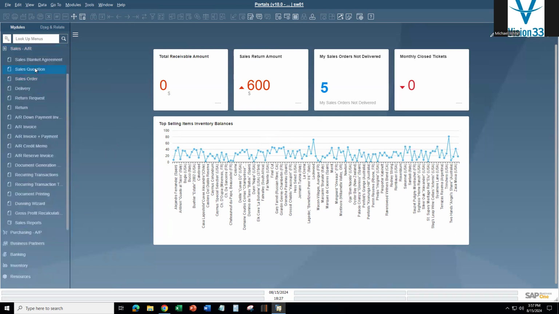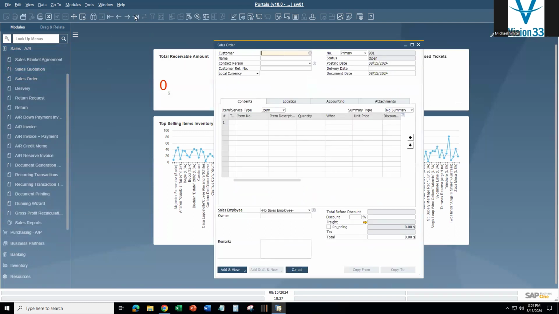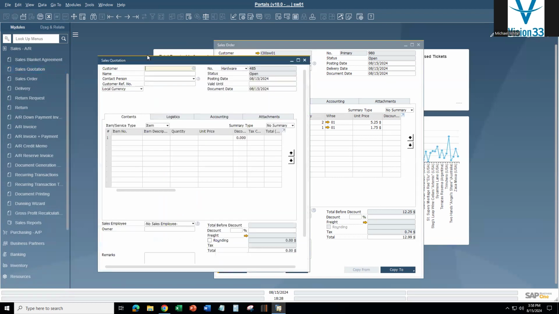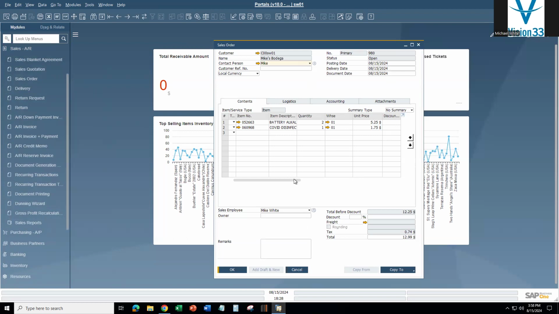To finish this off, we're going to jump into our last sales order. We'll use our VCR keys up here to bring in my last record. And here is the sales order from Mike's Bodega we took today. Today's the 15th. We can see down here. And here are the batteries we purchased and the disinfectant that we just purchased from our previous purchase history. If we open up sales quotes, bring in our last record, here's the quote for our printer and our paper. So you can see that those objects have made it into Business One